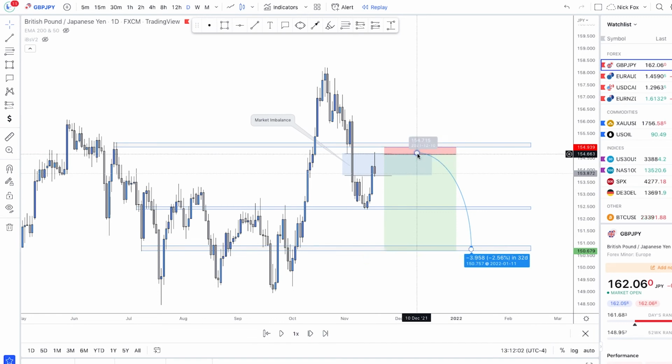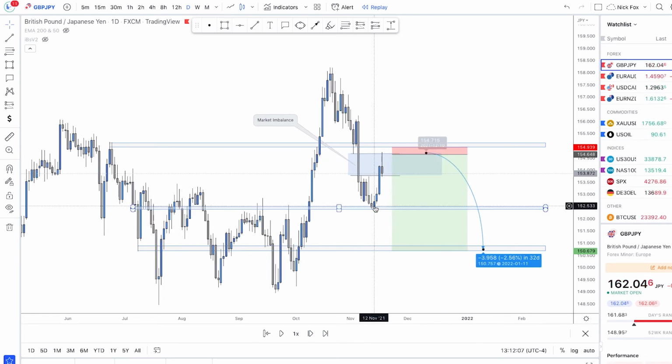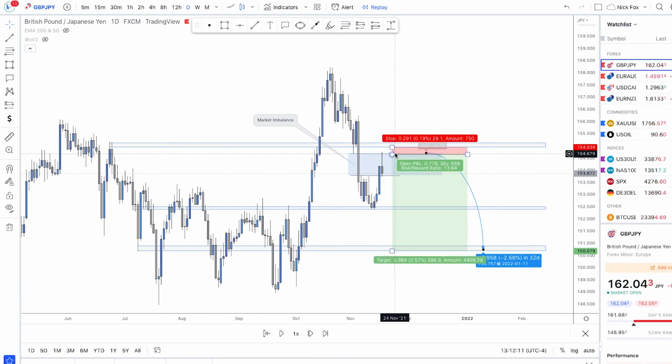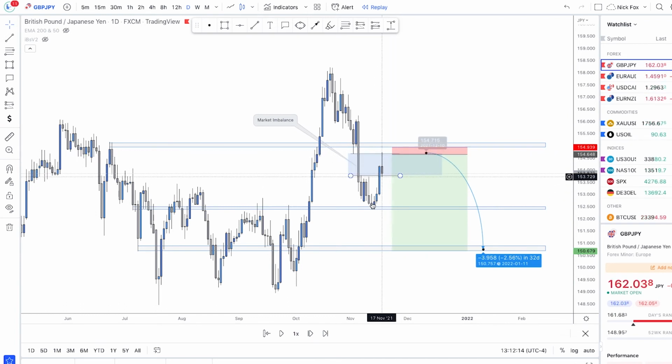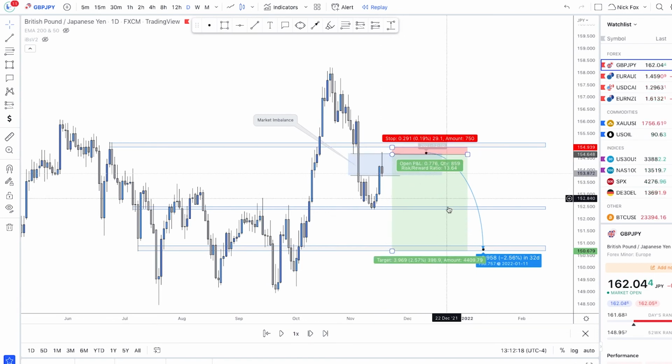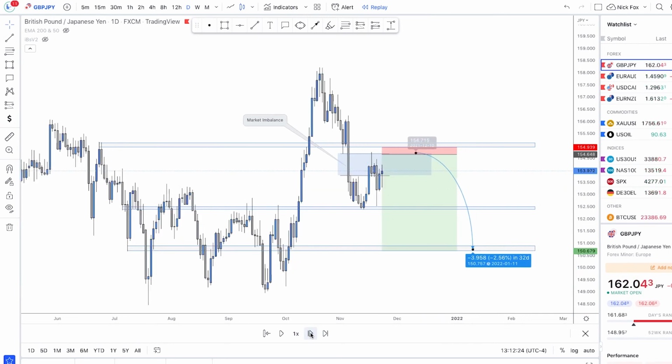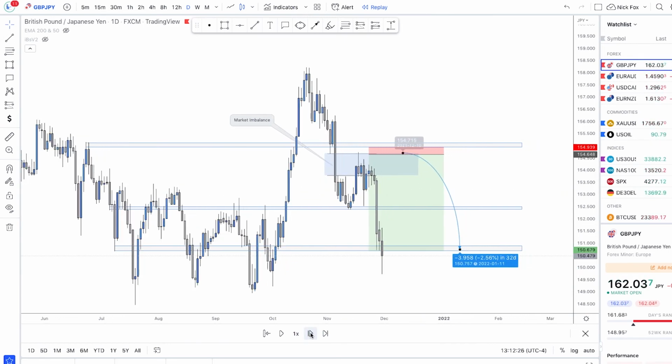Once it gets to this area, I will hold that trade, and we have to understand that it took about a few days for price to finally get to that area. So have patience for price to come to your area, and now we need patience for price to come down to our final profit target. Moving on, price was going, and finally hit our profit target destination about a week later, and that is for 400 pips.